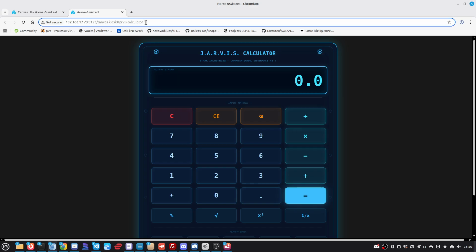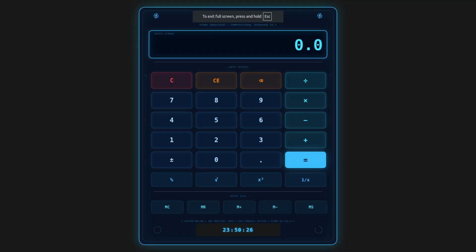So if I push F11 here to go full screen, you can see this looks cool. Yeah, this is awesome. This is a thing of beauty. So let's exit back out of here,